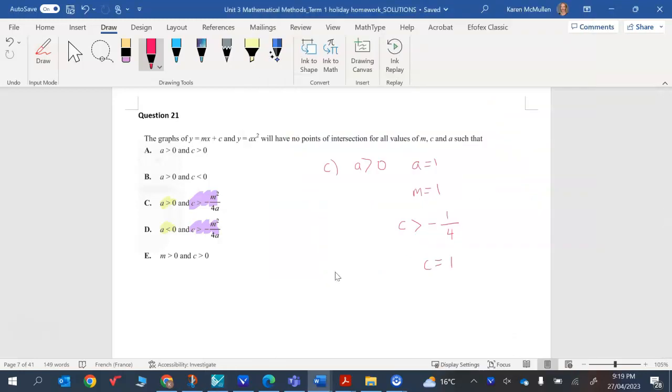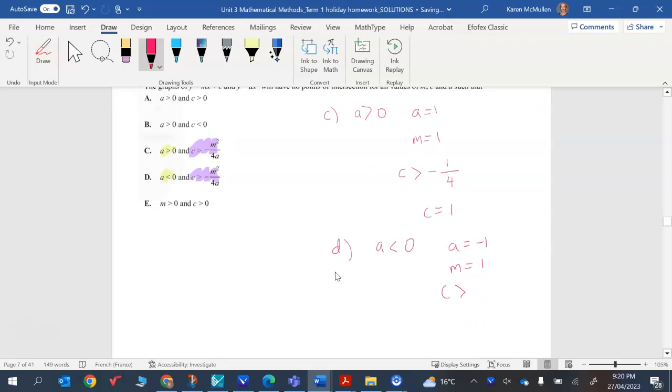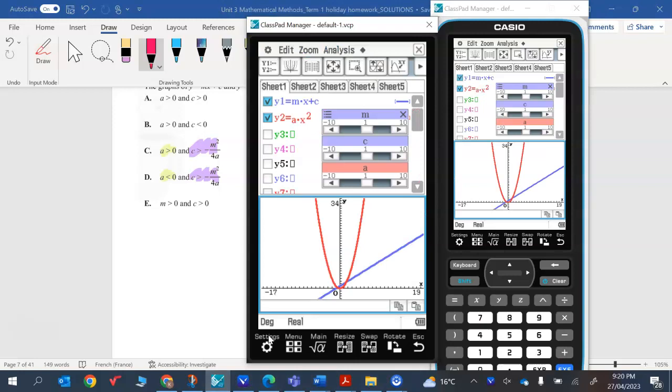So option D, where A is less than 0. Let's let A equal -1. We can still let M equal 1. So that means C has to be greater than, if I substitute them in, 1/4. So 1 is still greater than 1/4, so I'm going to leave C as 1. Basically the only thing that has changed is my value of A. So if I go back to my calculator and change A to -1, you can see it's not